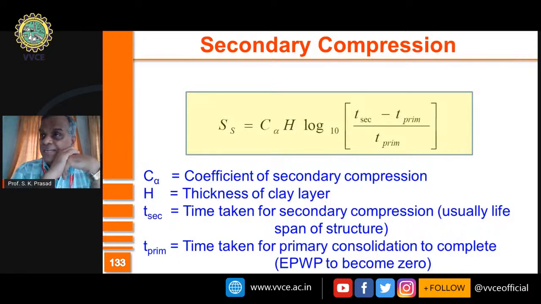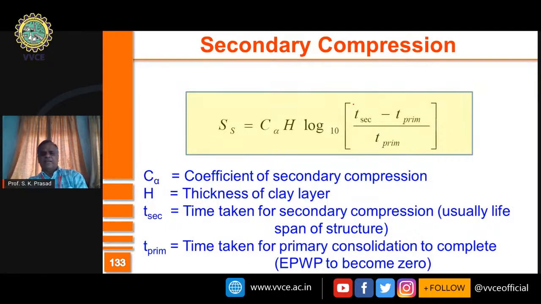Let's go to the next settlement, secondary settlement. Even today, we do not know exactly what the reasons for secondary settlement are. It is the readjustment of equilibrium position which the soil at site experiences, which causes secondary settlement. It happens only when the primary settlement is completely over. It doesn't happen in all soils. Perhaps organic soils and highly sensitive clays experience this settlement.